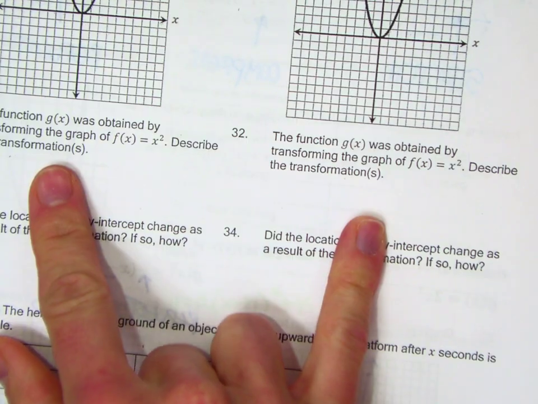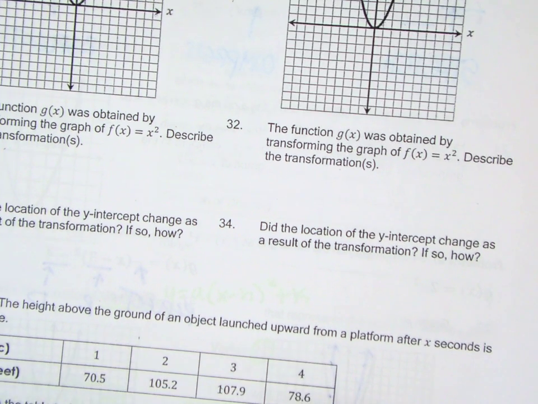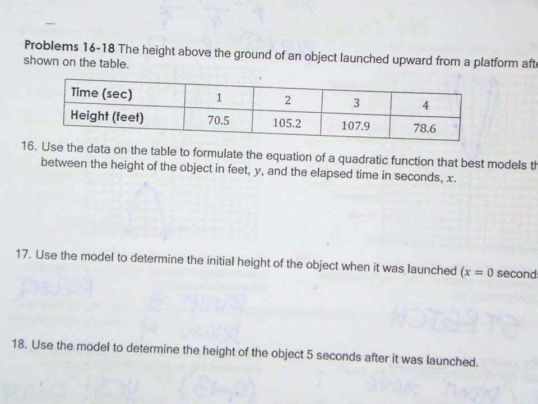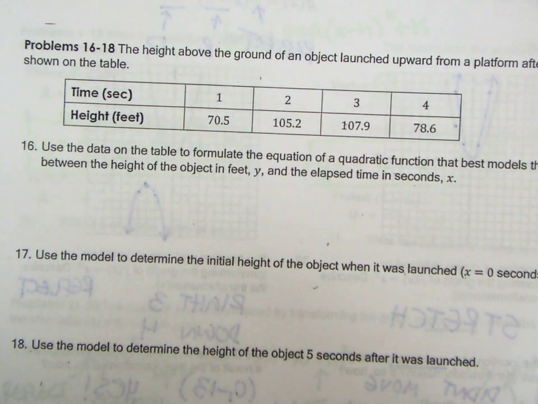Pause the video. Try your problems that were just like mine. Okay, we're almost done. Moving on to 16 and 18. It says the height above the ground of an object launched upward from a platform after x seconds